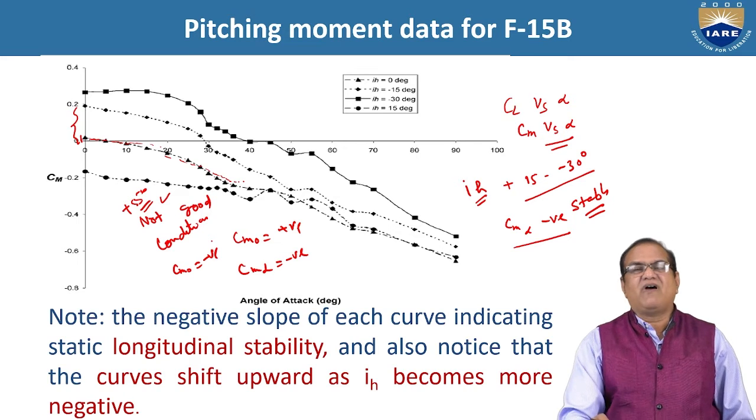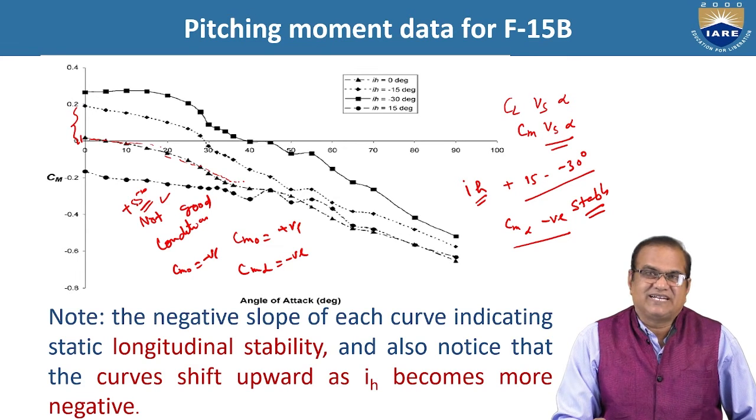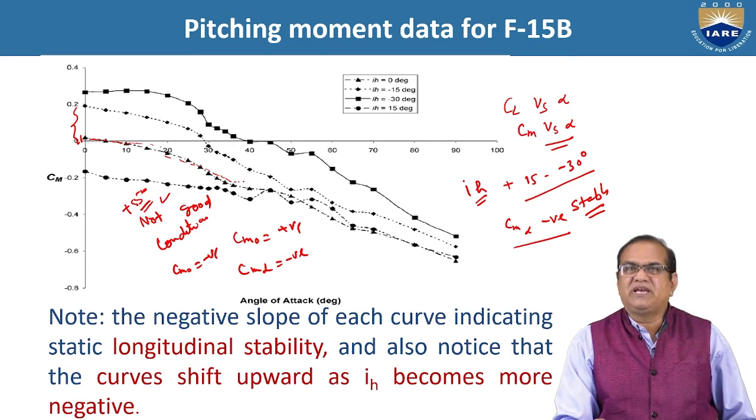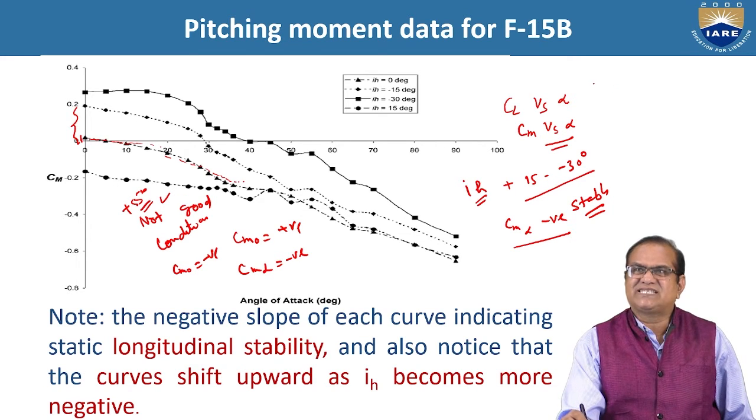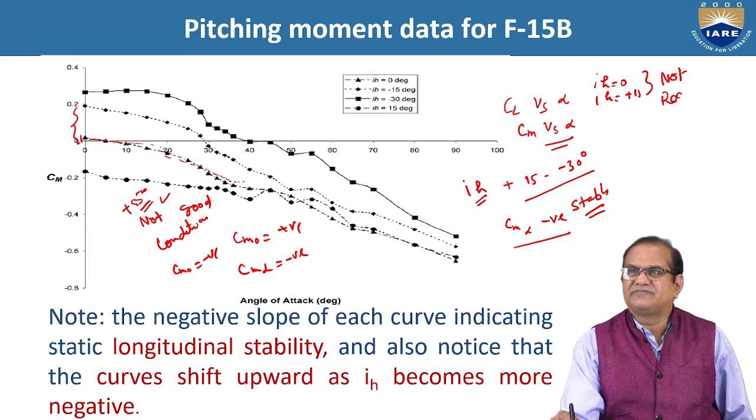So this is not the requirement for our static stability. Static stability should be positive. So these two cases are not good here. First case, when IH is equal to 0 and when IH is equal to plus 15, this is not required